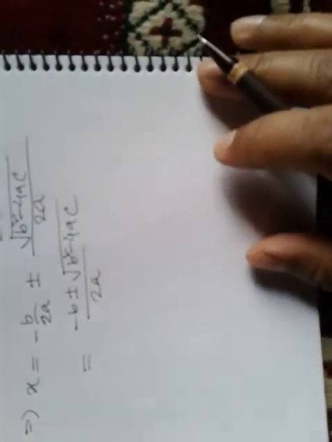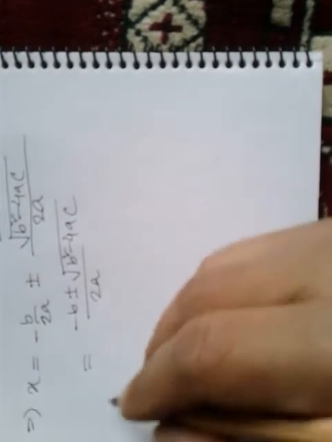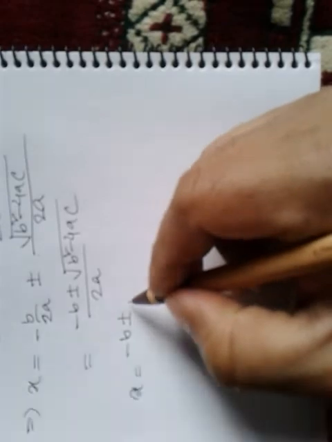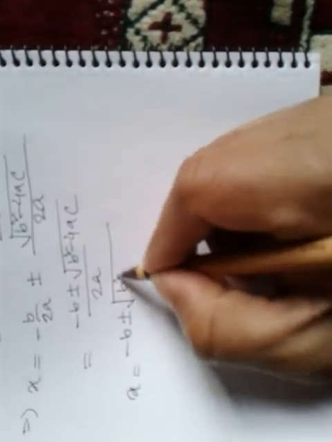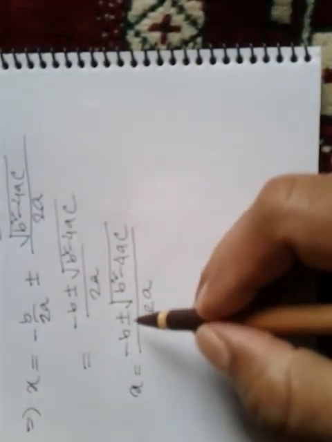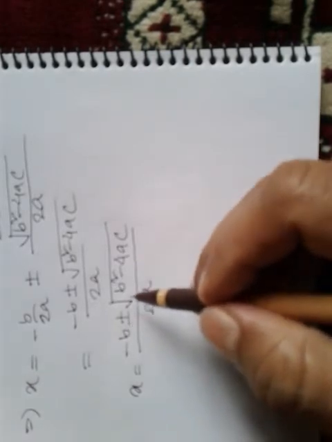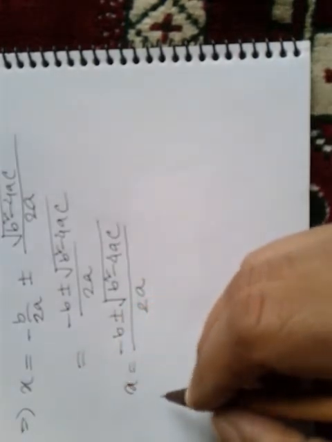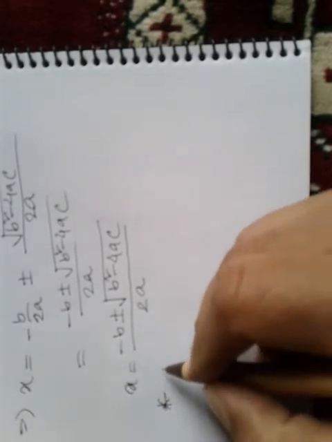Here comes our general solution for the quadratic equation, that is x equals to minus b plus minus square root of b square minus 4ac divided by 2a. So for this plus minus, we will always have two different values for x, and if we see now some examples like